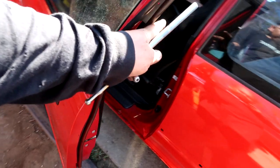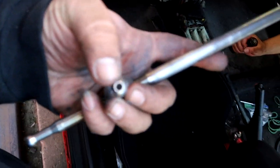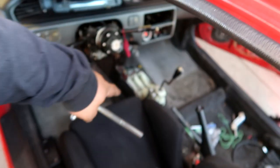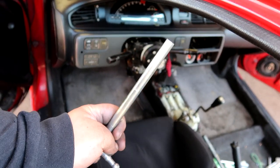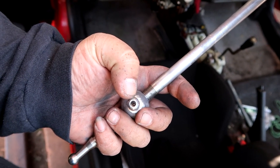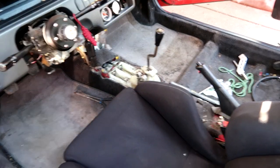So guys, we've been dealing with the Cheetah Auto shifter, and this thing is super stripped, so we couldn't even make the adjustments as far as bringing this rod up, because the rod was actually hitting the tunnel right here, and we couldn't go into first, third, or fifth gear. So we tried to loosen it up, it's stripped out, and we can't completely remove it. So I took my old shifter and we installed it on the box, and now we have that stock angle,